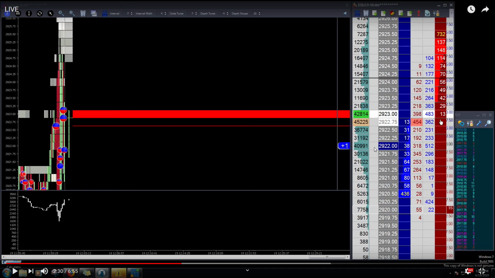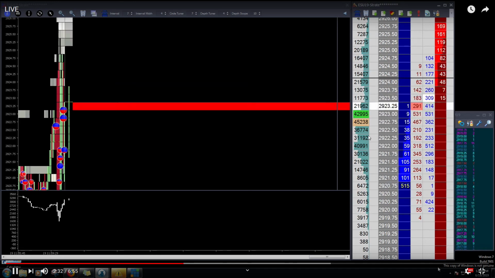profile node. This is a bigger volume node compared to the price above it and below it. So right there, I'm like, you know what? This could be a turning point. Usually something like that can act as support and resistance, and that's exactly what happened. It tagged me in,